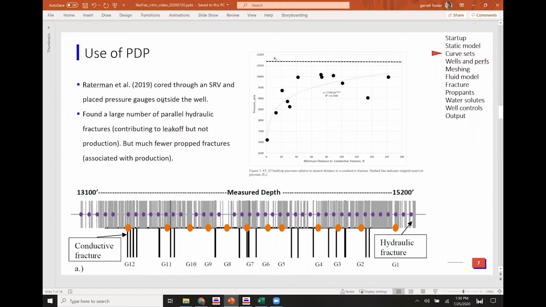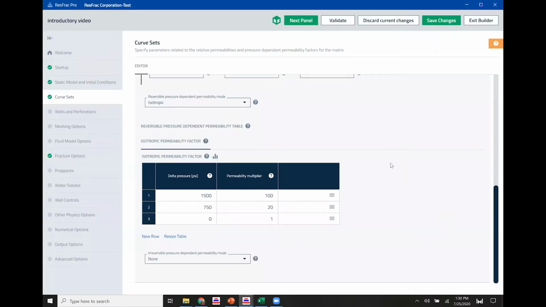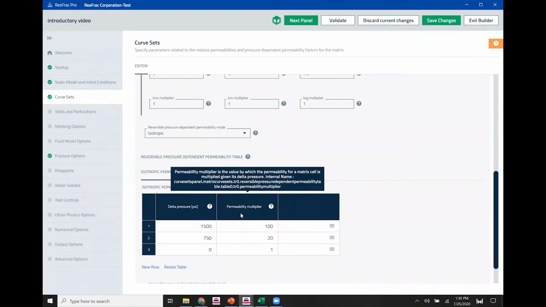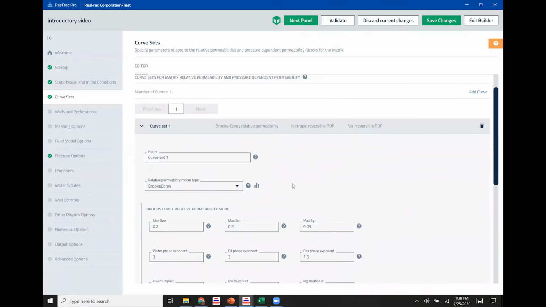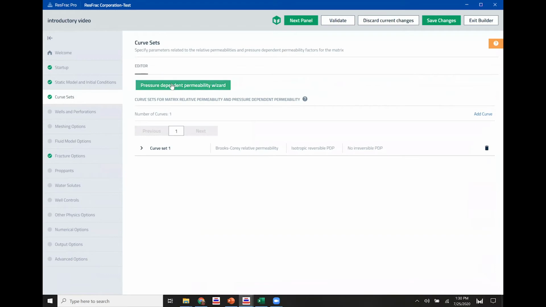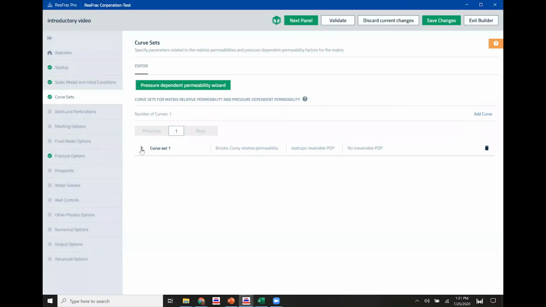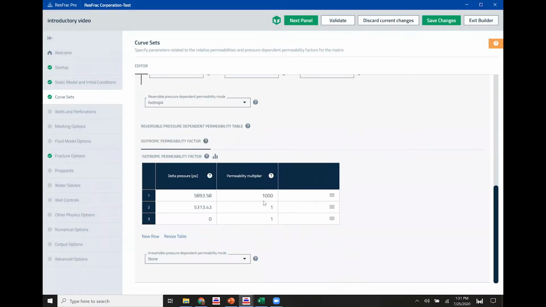In this paper by Ratterman et al. in 2019, they show that the pressure depletion corresponds almost solely to these propped hydraulic fractures and not to the multiple fracture bands observed. Because fracture area and permeability are non-unique, we can account for this in a model by increasing permeability above SHMin. A very easy way to implement this is to use the pressure-dependent permeability wizard, set what you want the maximum permeability to be during injection, press apply,